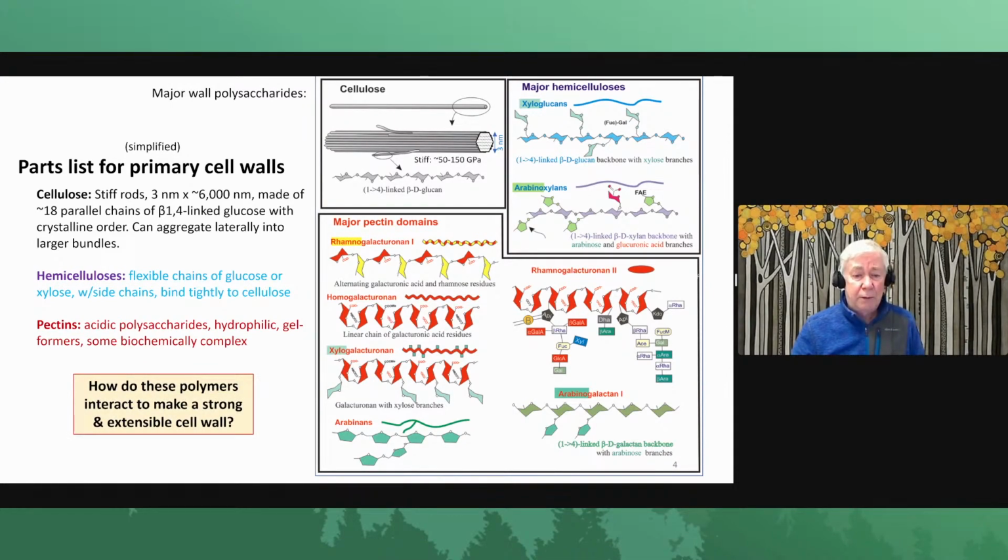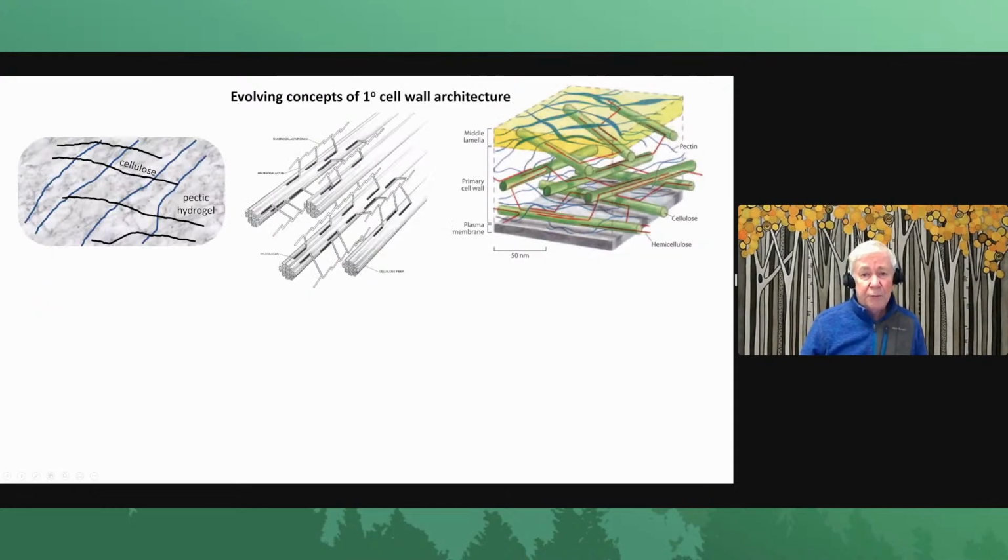The question that I want to raise is, how do these polymers interact to make a strong and extensible cell wall in growing cells? And for this, there have been a number of ideas proposed over the years, and there's still not a consensus in the field. And so I show 3 images that I think represent the major classes of cell wall architecture. So on the left, you see the concept, or I'm depicting the concept of a pectic hydrogel